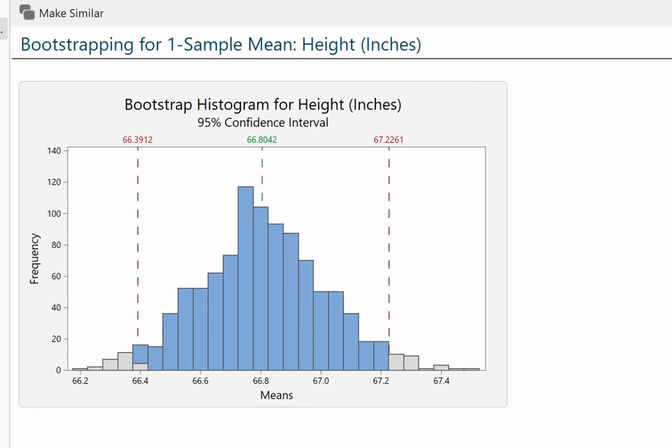First is the bootstrap histogram for height. This is comparable to the bootstrap distribution dot plot that we get in StatKey. The green number in the middle is the mean of this bootstrap sampling distribution. The red numbers are the lower and upper bounds of the confidence interval. Our confidence interval here is from 66.3912 to